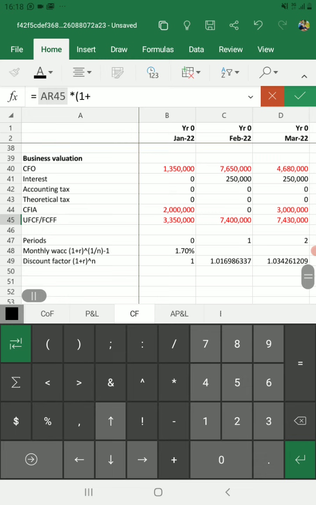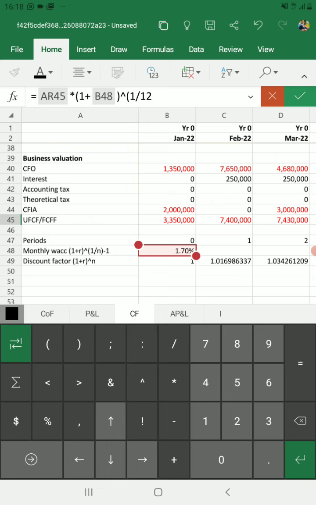So this is our growth rate, and then close the bracket, then raise to power of, open the bracket, 1 divided by 12,